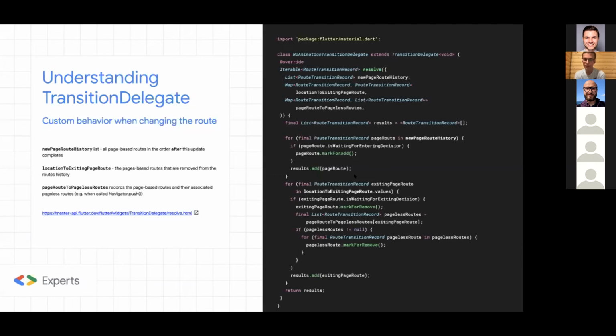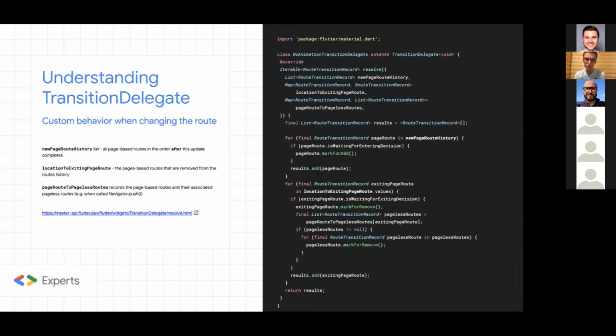One important part is that this is a no animation transition delegate. So this is a custom implementation of a transition delegate that disables all the animation. Here we have a single page route. If we mark the page for add, it means that it is not marked for push, it is marked for add.